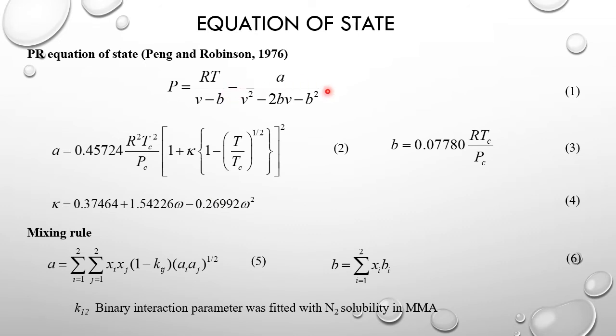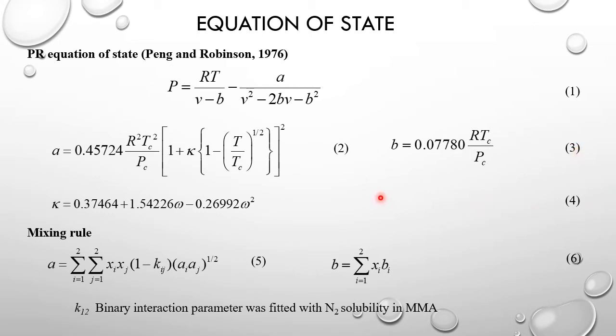In this research, we employ a prediction method using an equation of state. The data from this work is correlated with the Peng-Robinson equation of state 1976 and a mixing rule. The parameters required for the Peng-Robinson equation of state are critical pressure, critical temperature, and eccentric factor. By applying the critical parameters and eccentric factor into equations 2, 3, and 4, we can utilize the Peng-Robinson equation of